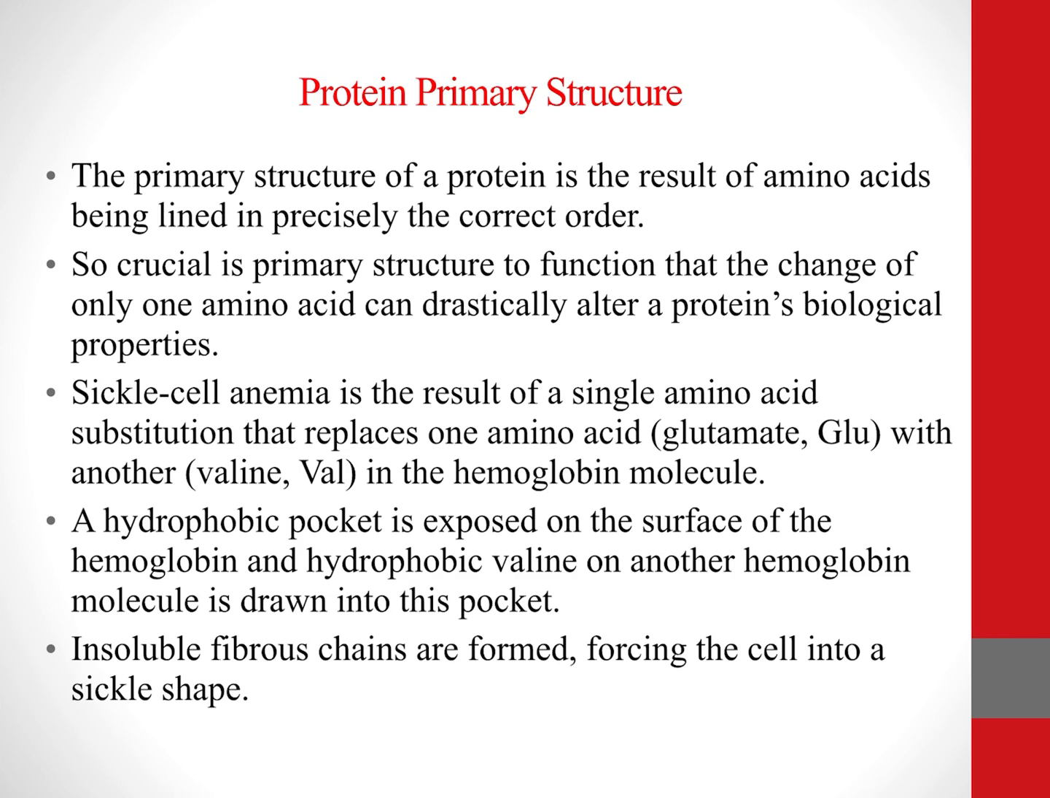So the primary structure is extremely important, and just one amino acid out of place alters the protein's properties. A really good example of that is sickle cell anemia, which replaces glutamate with valine in the hemoglobin molecule. We're going to look a little bit more at that here in just a minute, but that one amino acid